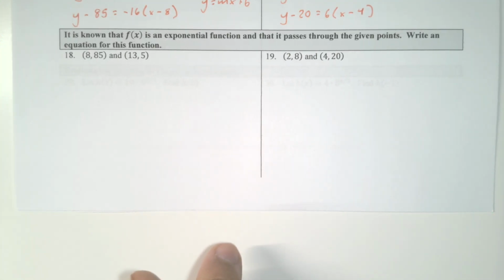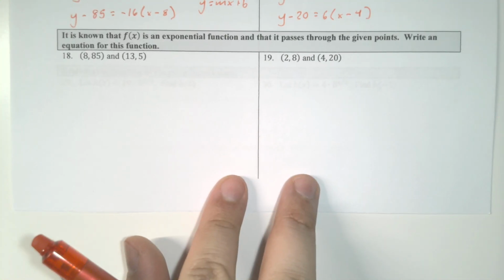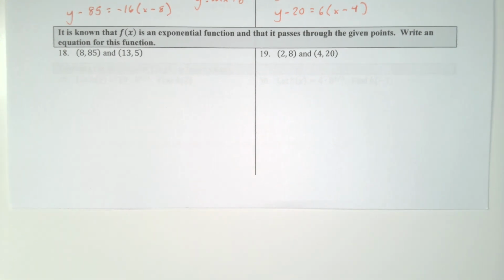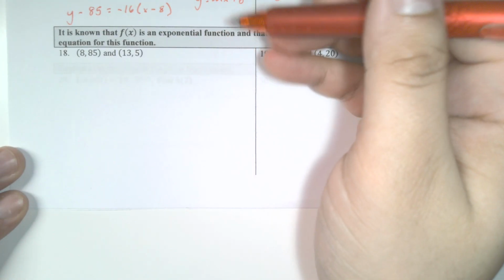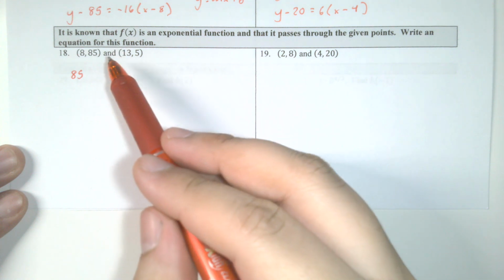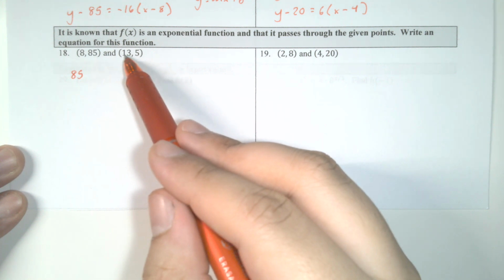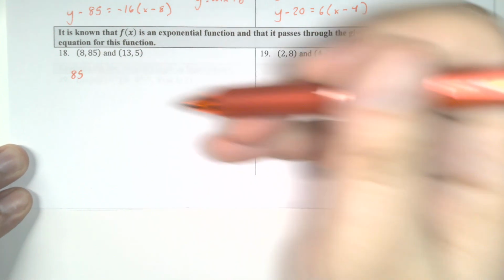All right. Now, what about these? Now we have an exponential function. So we have an exponential function that connects these points, but what is that exponential function? We can figure that out by first noting that when we take 85, how many times are we going to have to multiply 85 by some common ratio to get 5? Well, it's going to be determined by whatever this distance is, because think about this if we set it up